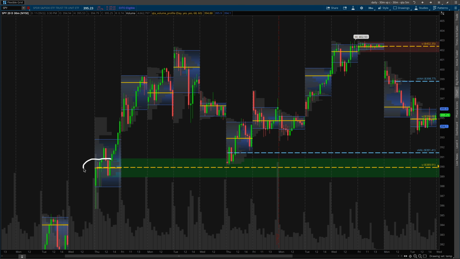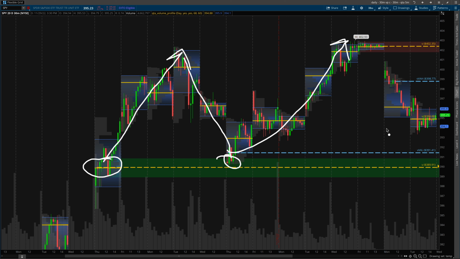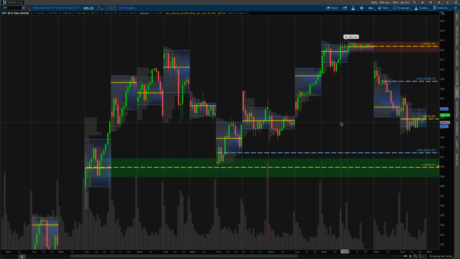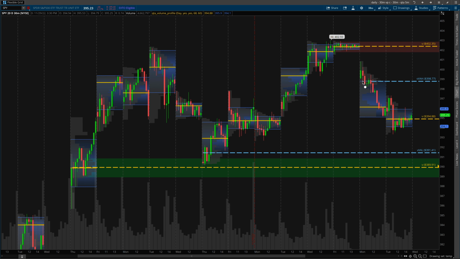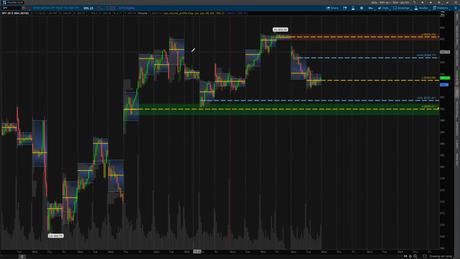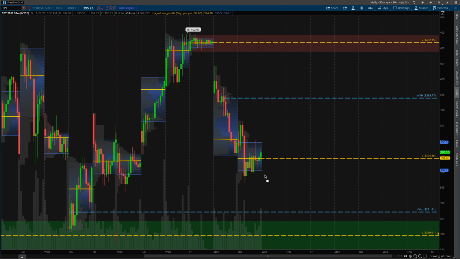So we have demand here, price pushes up, it comes back down to this demand, and then it pushes up again. Now we find ourselves in a similar situation. This right here is our value area, and the point of control finished at the low of the day. Today, the value area was below yesterday's POC. The POC also went down. This is an indication. It would just make logical sense that we would naturally head back down to